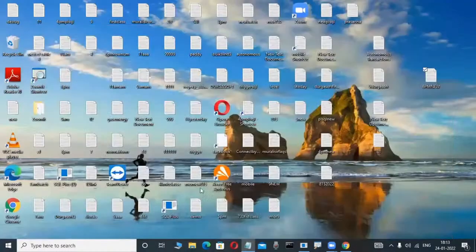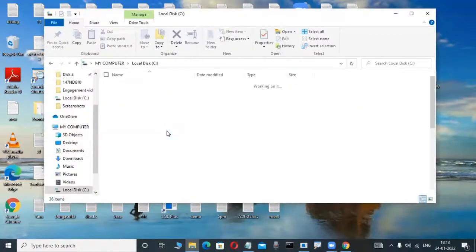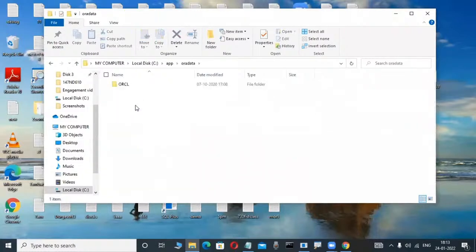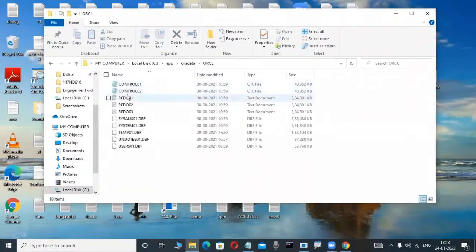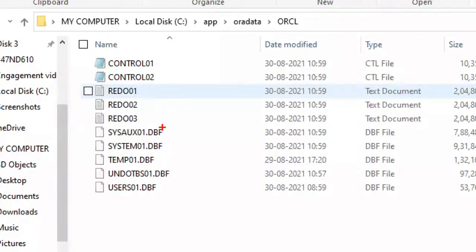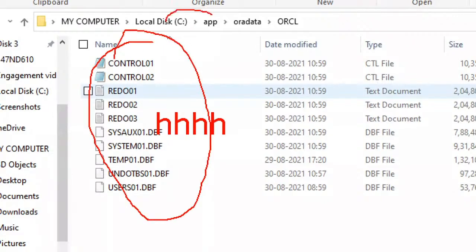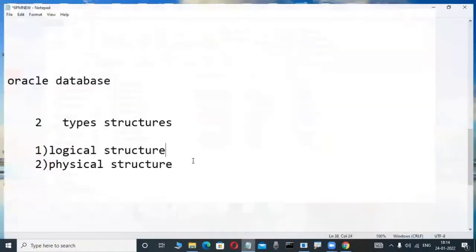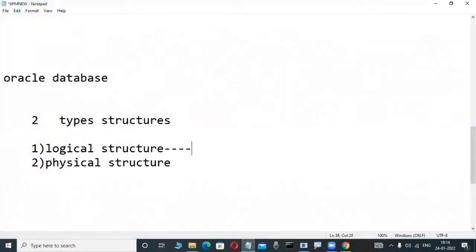Suppose I'm installing Oracle in the C drive or somewhere. How you install Oracle, we will learn in the next classes, don't worry. In this C drive, your table is not available. Whatever table I'm creating is not visible in the C drive or D drive. That's why a logical structure means a structure which is not